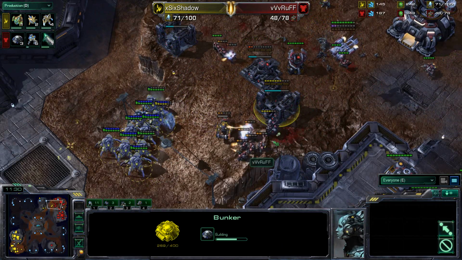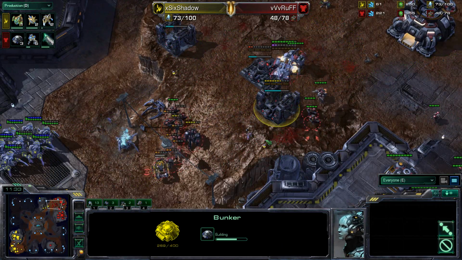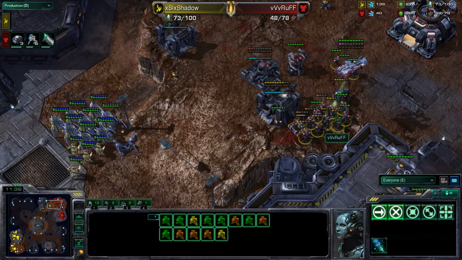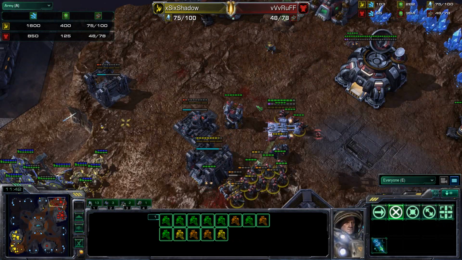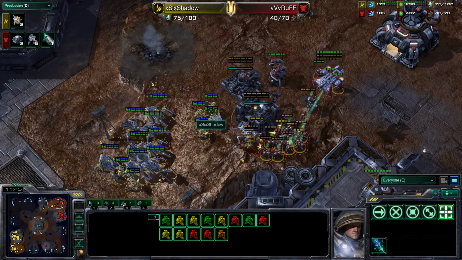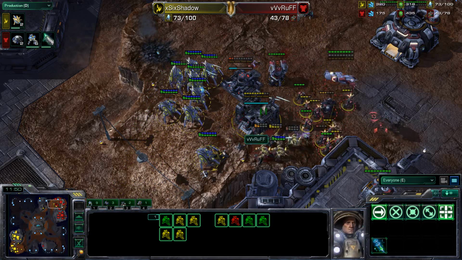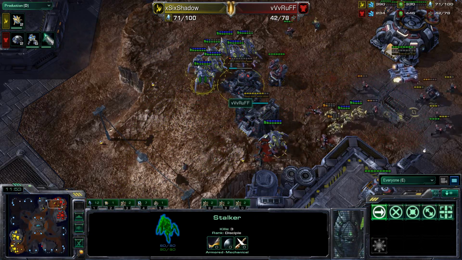Shadow doing a nice job. He's focusing down the SCVs that were building these bunkers. He does not want those to finish. He knows he has the advantage right now. He cannot overcommit, but he just needs to do damage when he's able to, getting another round of Zealots and going to try to take on these Marines. He knows that they have no medevac support, just the 1 here, very low energy, so anytime they stim, it's going to be very difficult to recover,